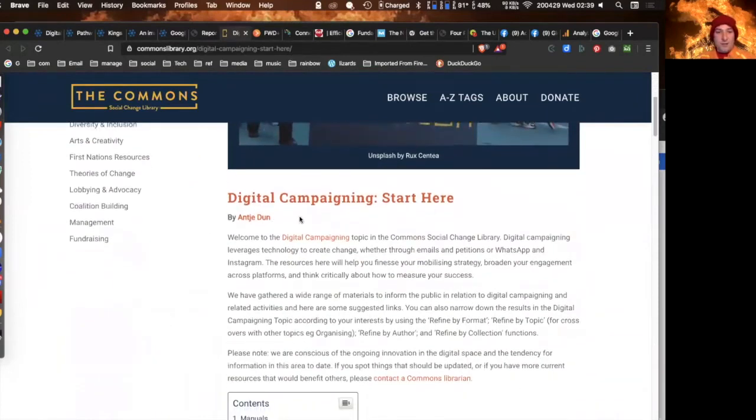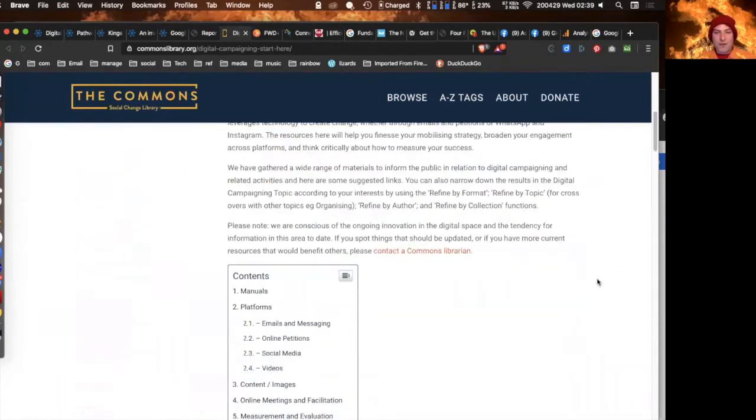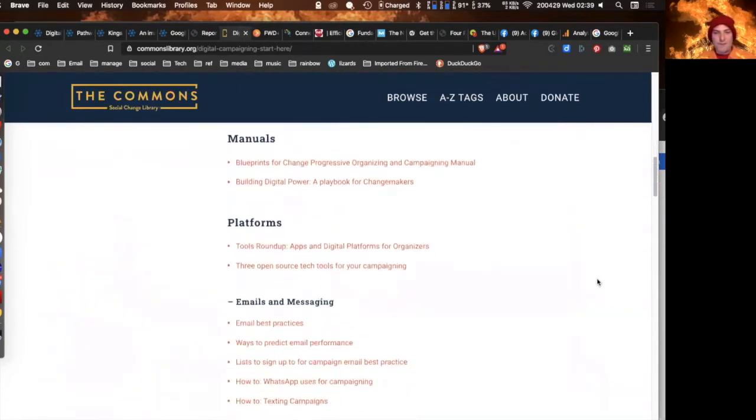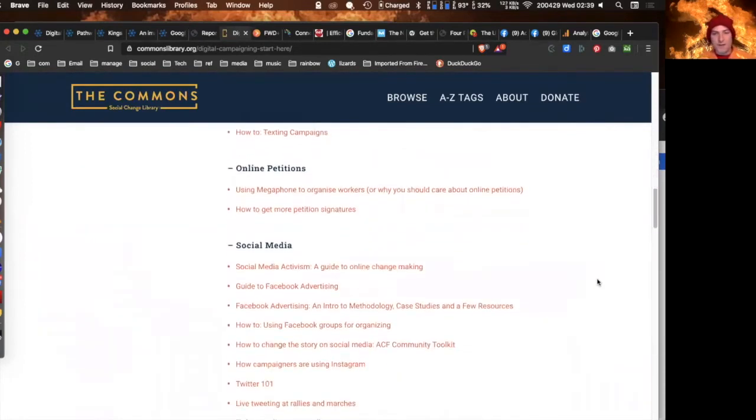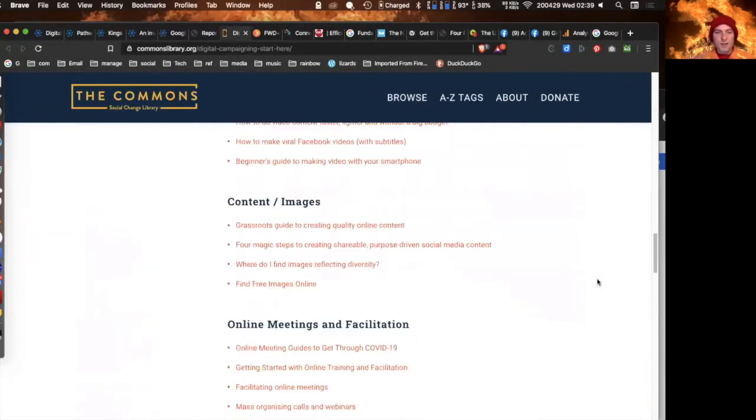And Angie was the graphic designer of this website. I'm also a researcher. So this site has heaps of stuff, but here's their digital campaigning stuff to start with. There's a few guides, emails, etc. There's a really good resource, and this is focused again on not-for-profit organizing, and a lot of this stuff is